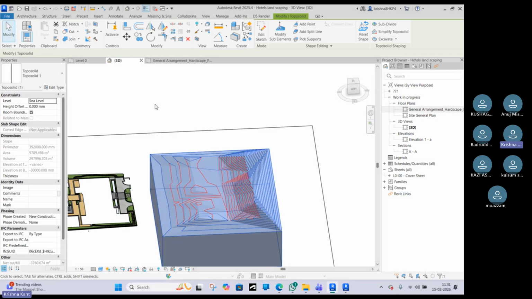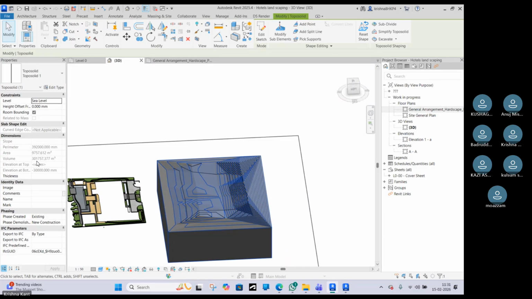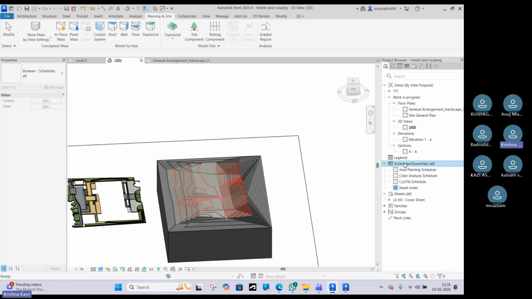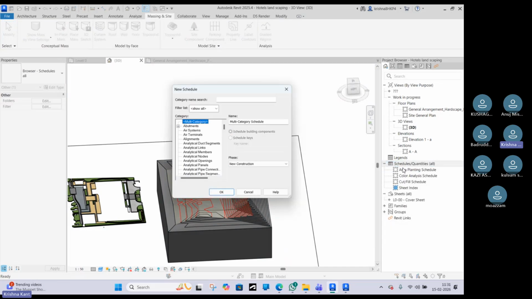But now how to calculate how much cutting and filling we have done? So for that we can create another schedule. From the schedule we can find out easily. So you can see one cut and fill schedule is created, but you can create a new schedule and quantity. You can see there is a